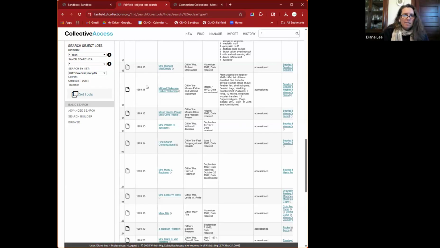I can't even talk about these 1969 numbers because that's a whole other kettle of fish for me. But these were counted as the gift of the Mrs. Esther and Mildred Wakeman. I have them linked as donors. I have the date it was given. And then, when I go into the record,